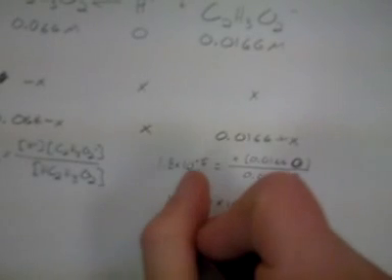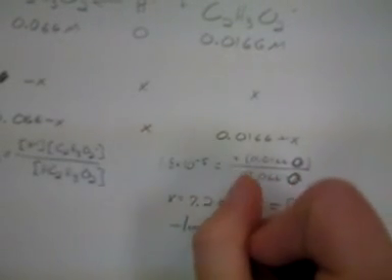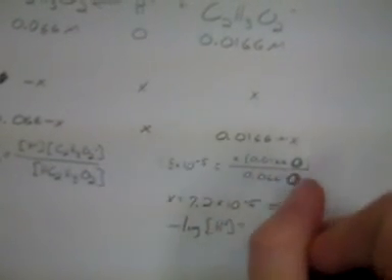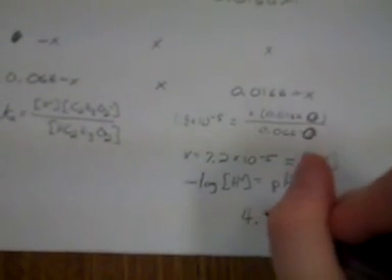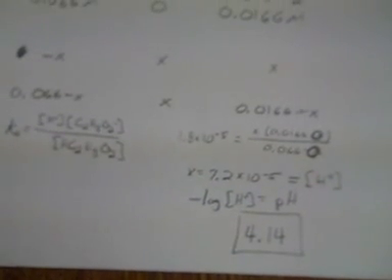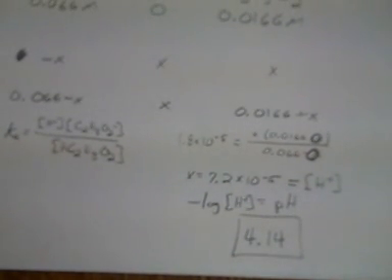And then all you have to do is the negative log of your H plus concentration. That's going to give you your pH, which is going to be 4.14. And there you go. That is the pH of your acetic acid solution when you add 10 milliliters of sodium hydroxide. And that is probably the longest problem of AP Chem,